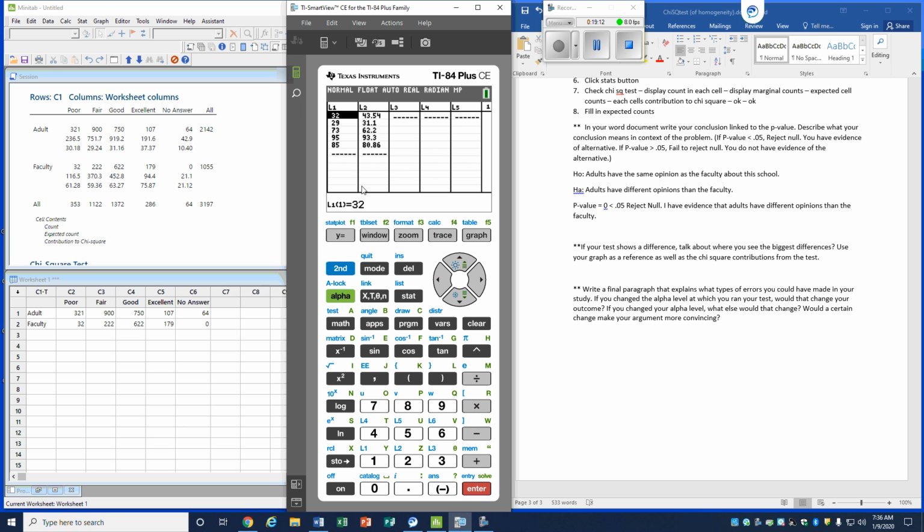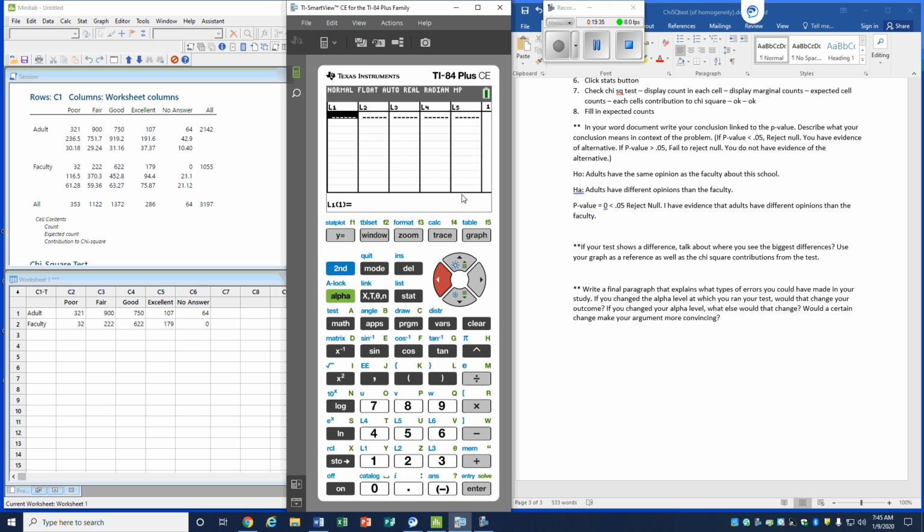And if you have any old information in there, we're going to clear that out. So I'm going to go up to L1, hit clear, don't delete your column, and then come back down, and then go over to L2, hit clear, come back down, everything should be out,